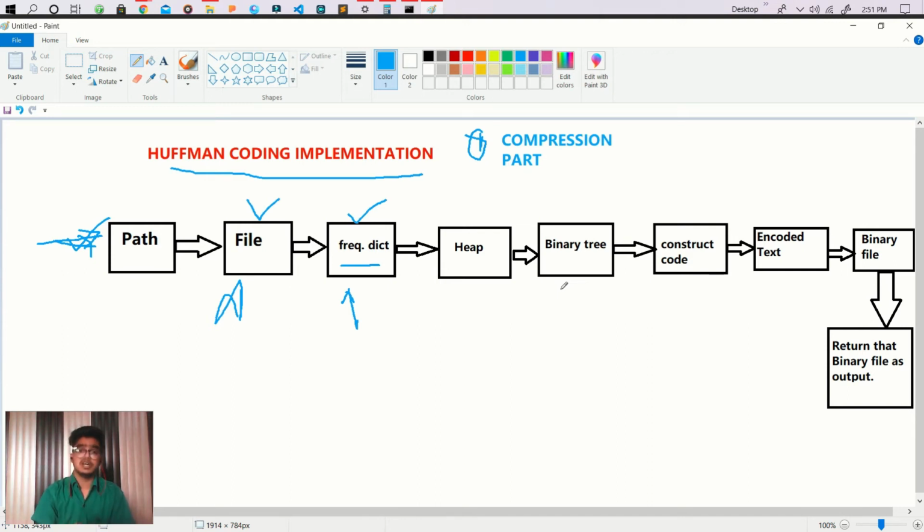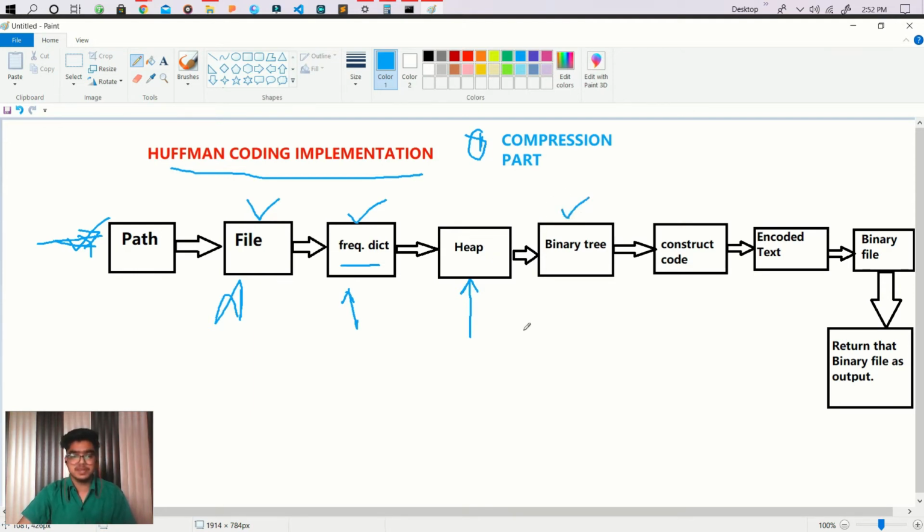I think the min heap is one of the best data structures we can use here. After using the heap, we can create our binary tree.